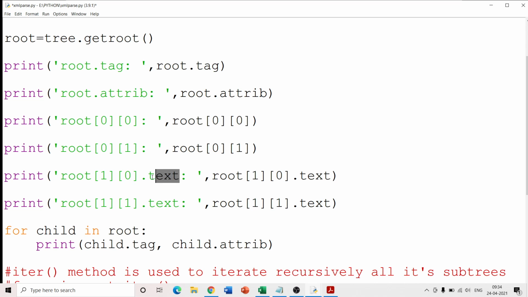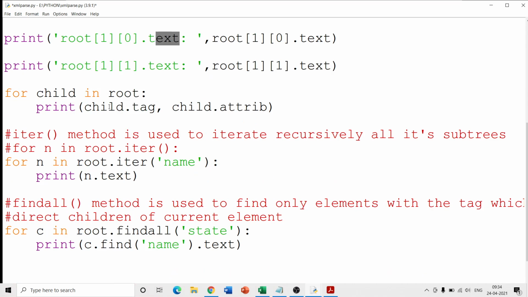Text definitely is the content within the tag, and you can have for loops, for child in root. Here the root node is the country, so basically the child.tag will be state, and whatever the state code is there, if an attribute is there. iter can be used to go through or find a particular tag within the root.